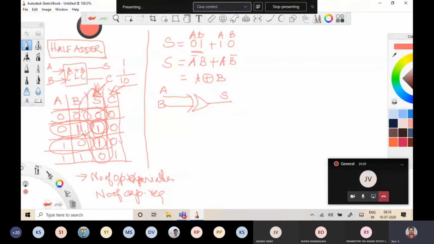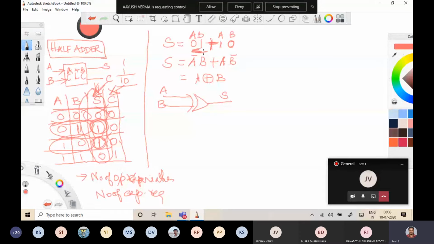So applying 1, 0, for that 1, 0 case, my sum is equal to 1. So when the respective output is 1, you have to take the combination. Now the next combination is 1, 0. So either 0, 1 or 1, 0 comes, your sum is equal to 1, right? For two possible cases, I'm using the OR operator here. This or this, my sum is equal to 1. So now 1, 0 I can represent as A, B bar. The reason is B is 0, so I'm representing the variable in complement form, A, B bar.